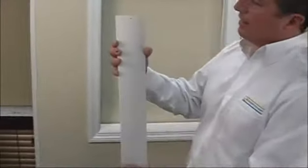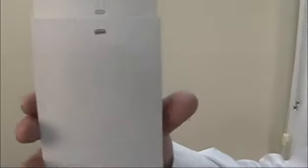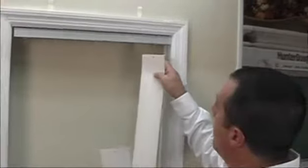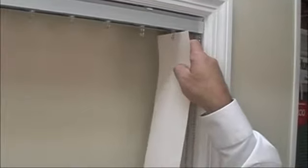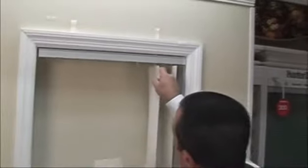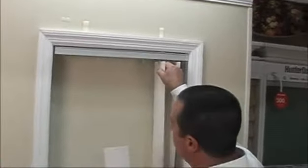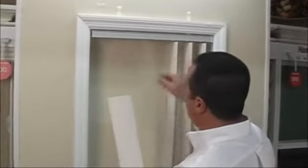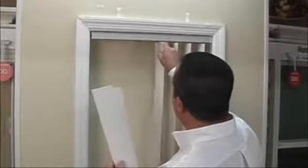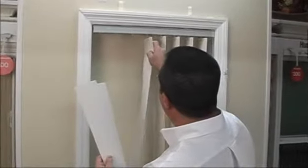And you can see that there is a little hole punched at the very top of each louver. Okay, so you want to make sure that these are facing upward. And take the louver one at a time and bring the louver over to the track. Now what you're going to do is place that louver in between the clip so that the little hole gets caught on the little hook that's inside there. Now you'll hear it snap into place when you do place it in there. Snap, okay, give it a little tug, make sure it doesn't come out. If it does come out, then just redo it until, okay, you place it in there and it doesn't come out. Very simple, just go clip by clip until all of the louvers